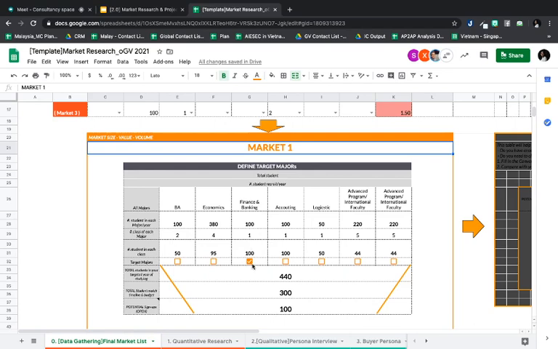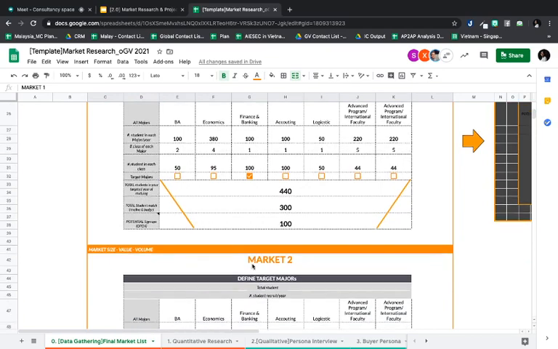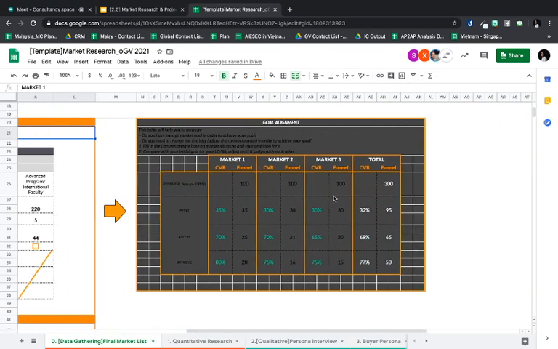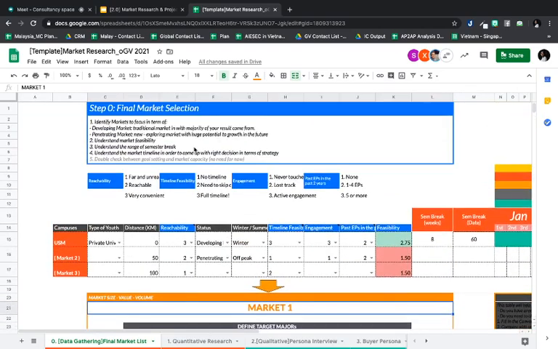Because we might have some faculties we can never tackle, for example, because they have a really short semester break. And at this stage, we don't need to align with the goal alignment. Just take note that at this stage we don't need to make the goal alignment part clear, because the focus this time is more about understanding the market.